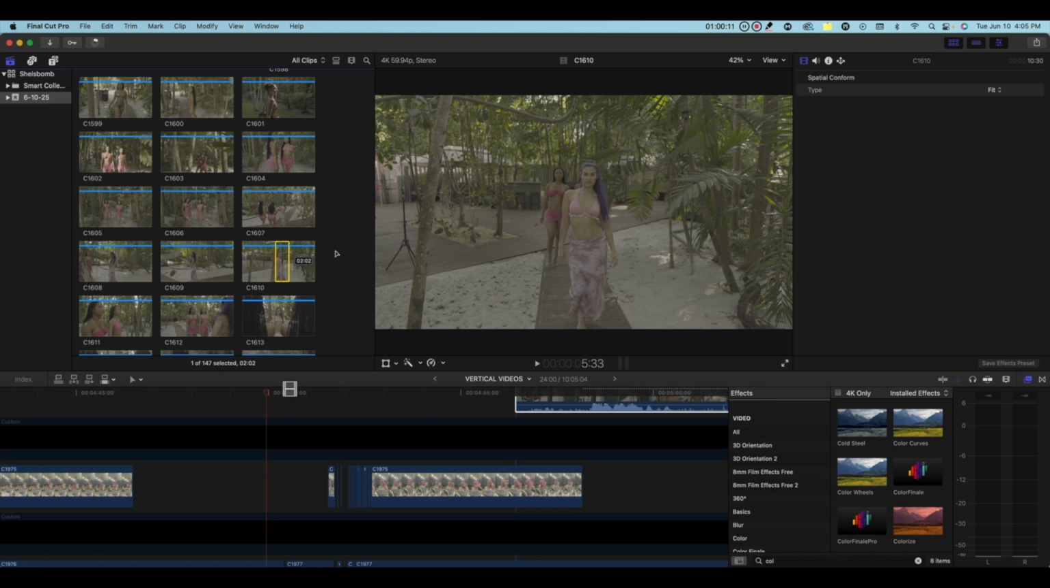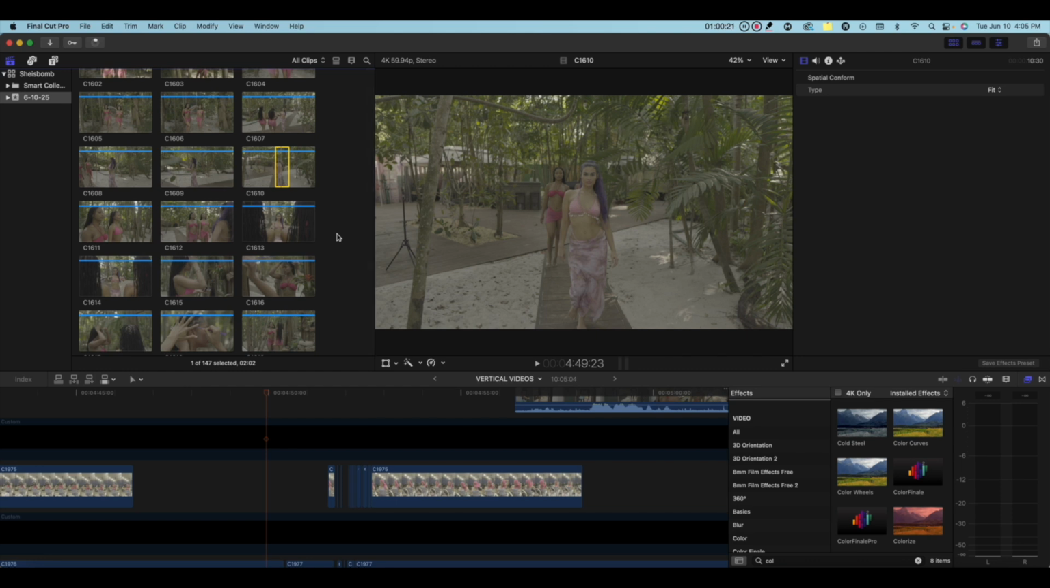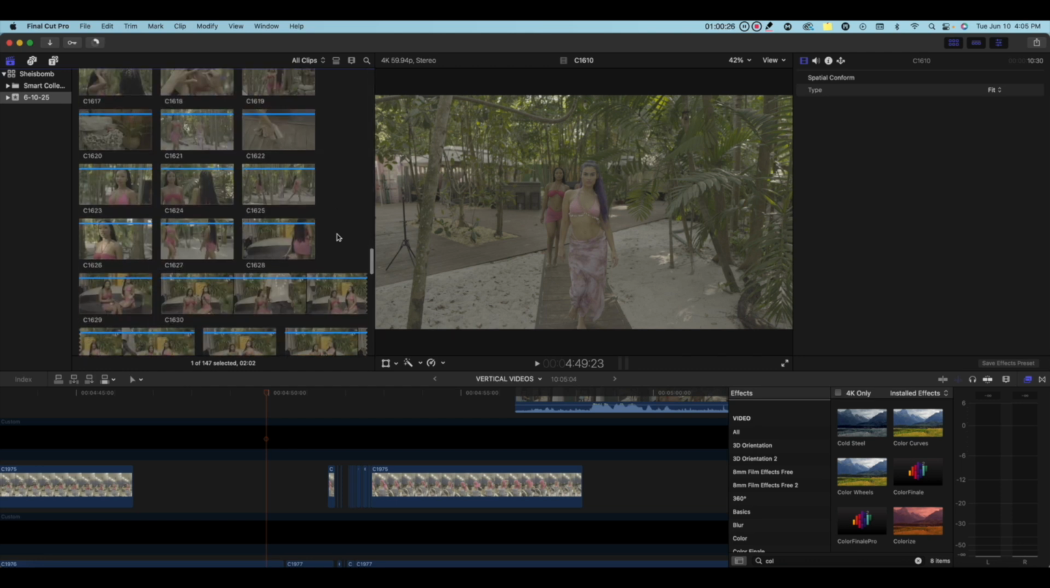This is what we call the spinning ball of death. You don't want to see this. That means the computer is moving a little slow. Sometimes you might have to just exit out of Final Cut and reopen it, because once you see that coming on often,